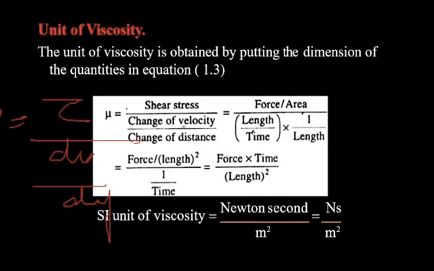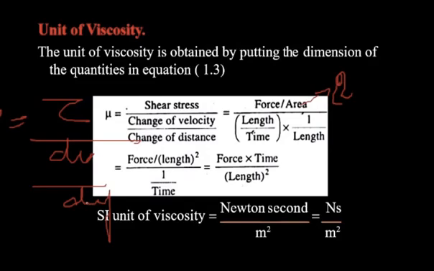Change of velocity is length per time, into the distance, which is 1 by length. Area is L square. So force divided by L square divided by 1 by time is equal to force into time by length